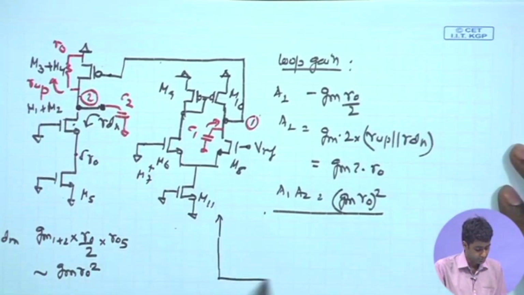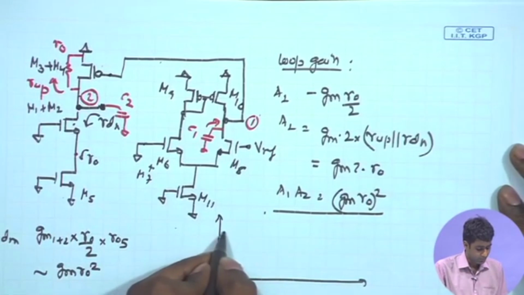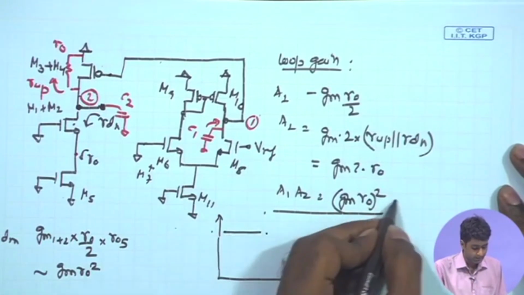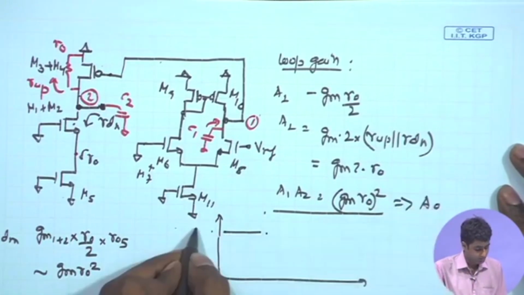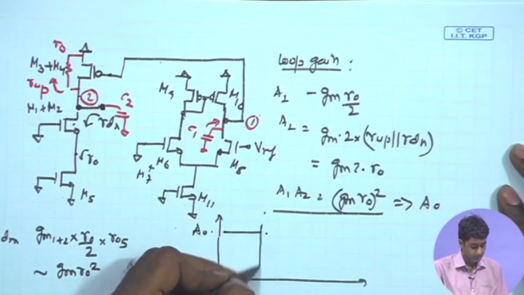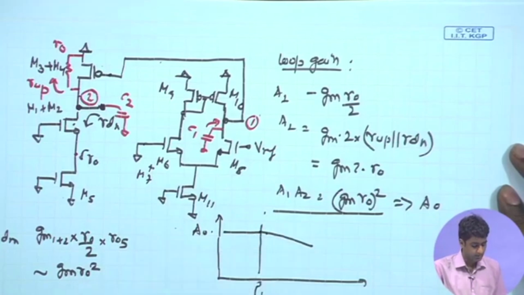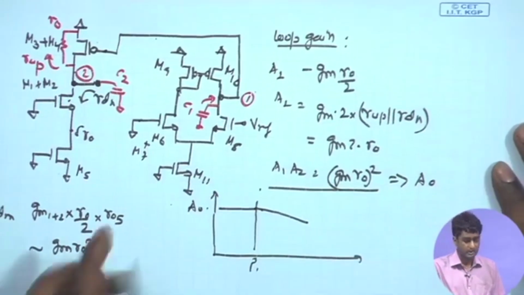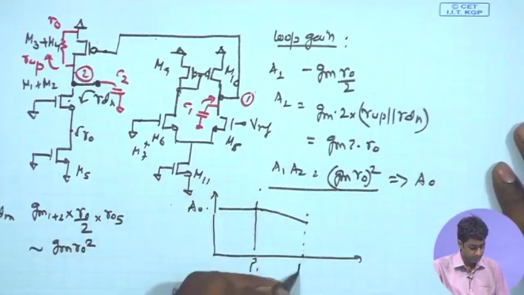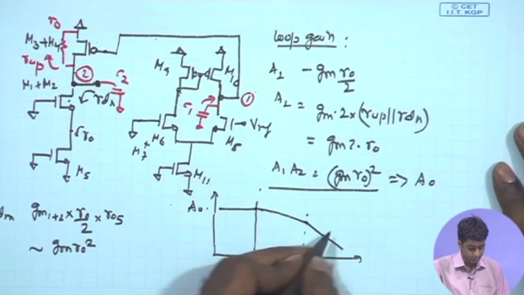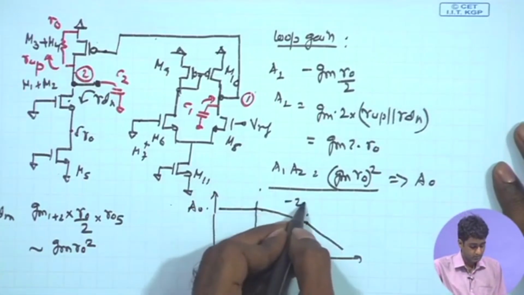So, the magnitude response for a two pole system at low frequency, you have an overall gain given by A naught, which we have just found out, and we have two critical poles, P1. After the first pole, we know that the magnitude drops with minus 20 dB per decade, and you have the second pole P2, after which the magnitude drops with minus 40 dB per decade. So, we have